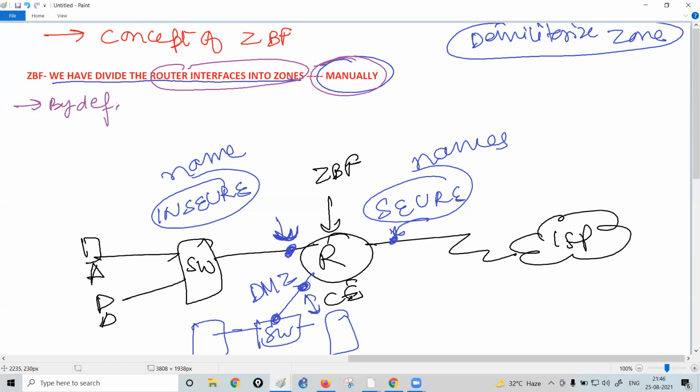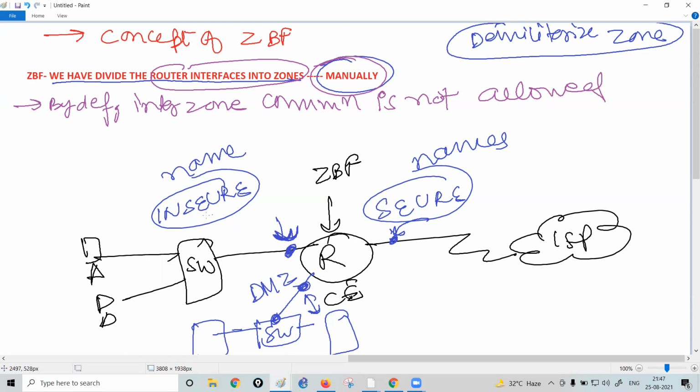By default, inter-zone communication is not allowed. That means if any user in the insecure zone would like to forward traffic to the secure zone, that traffic will be dropped by the router because it is enabled with the zone-based firewall.